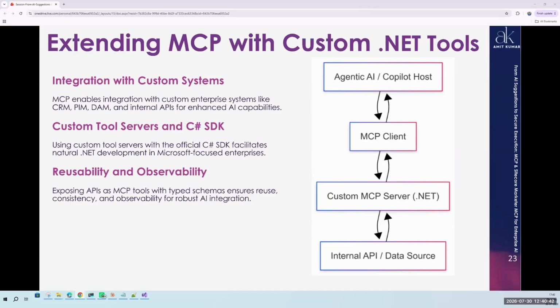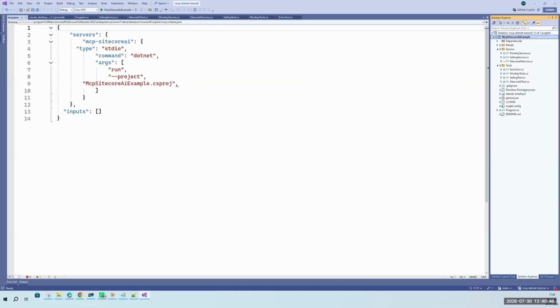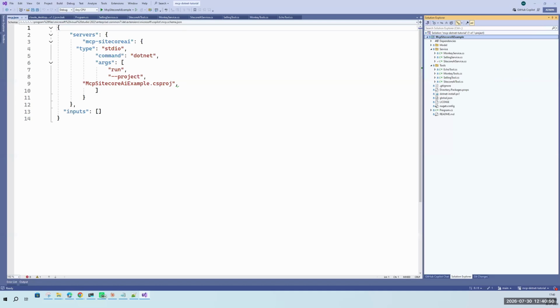Whenever we need to utilize custom MCP tools, we need to create a .NET Core solution, because you cannot utilize .NET Framework 4.x to create your custom MCP tool. It's based on .NET Core.